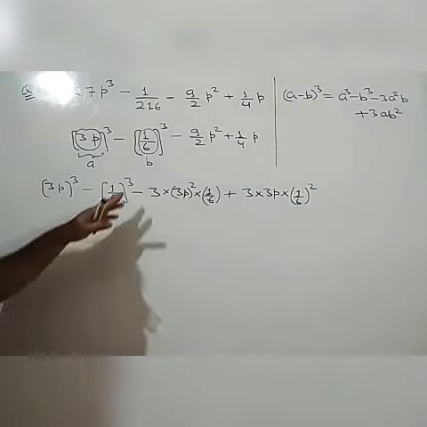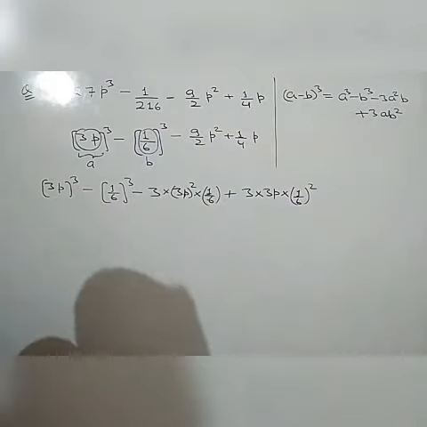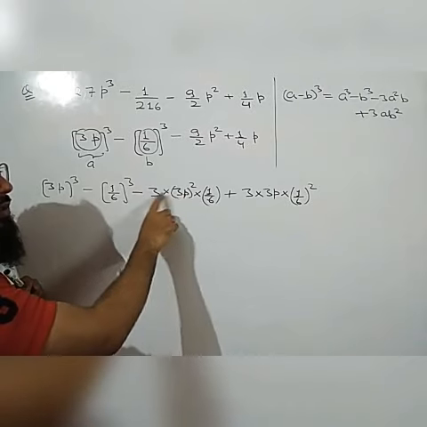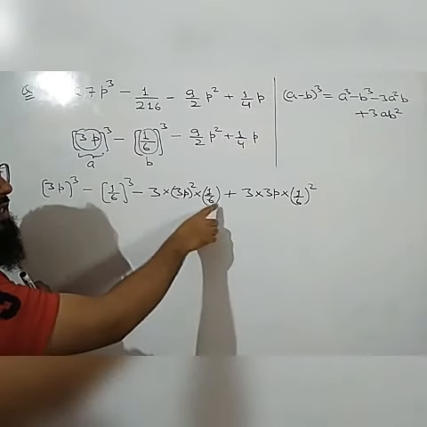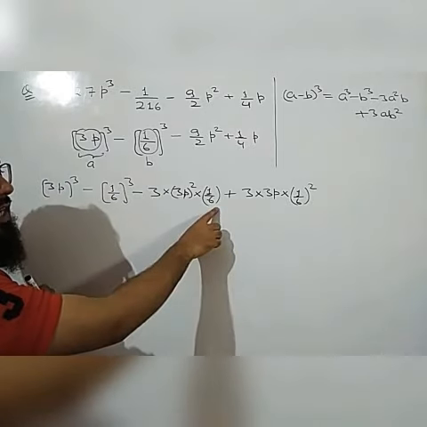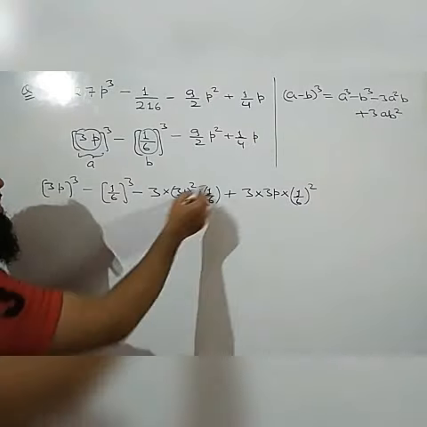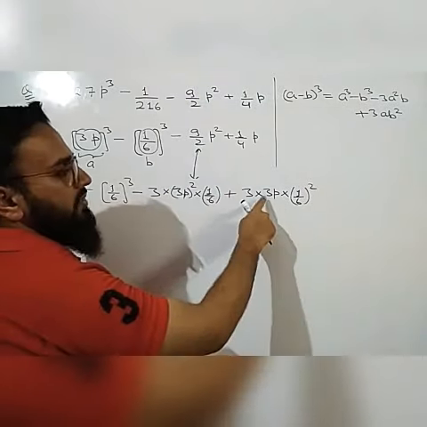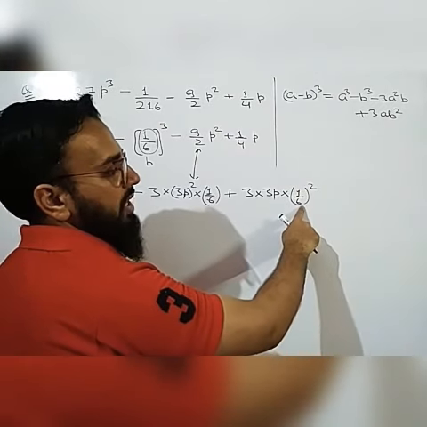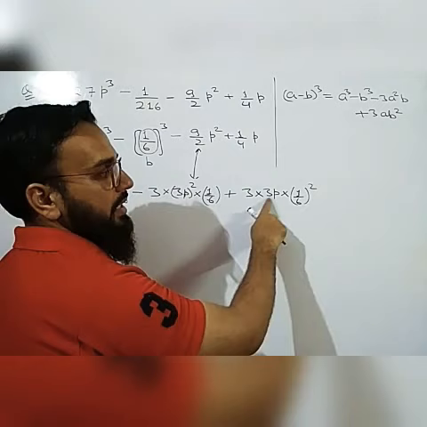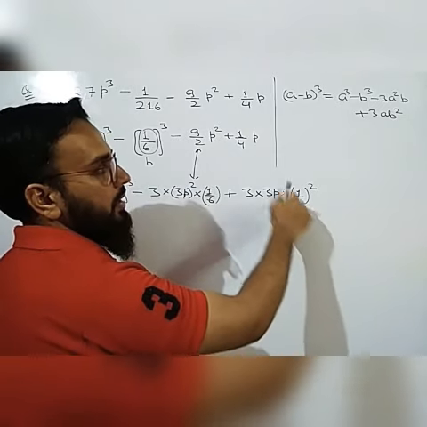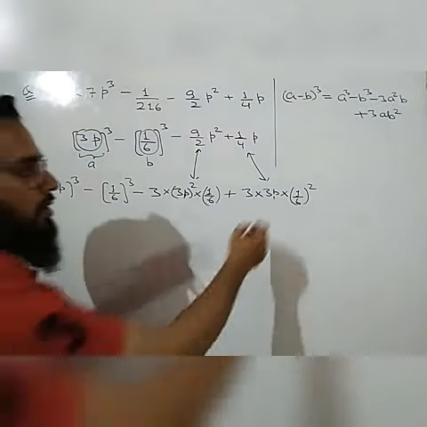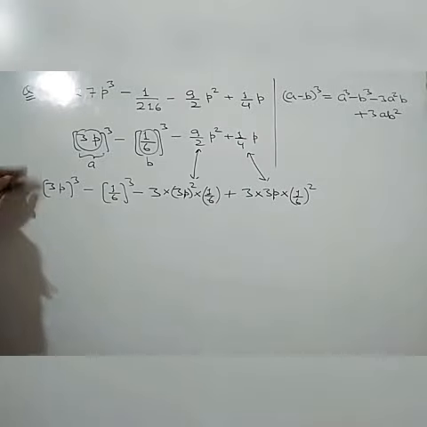Now check whether these terms are equal to the given term or not. If we open this term, it will be 9p square. So 3 into 9p square upon 6. This 3 and 6 will be cancelled out. 3 twos are 6. That means it will be 9p square by 2. Means these two terms are same. Again comparing these two terms, 1 upon 6 square will be 1 by 36. And this is 3 threes are 9p upon 36. So 9 fours are 36. Means these two terms are also same. It will be p by 4 only. It means the given term is converted in this form.